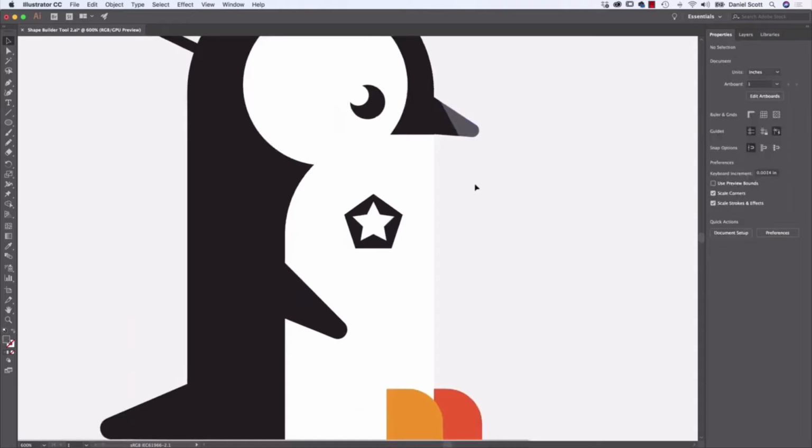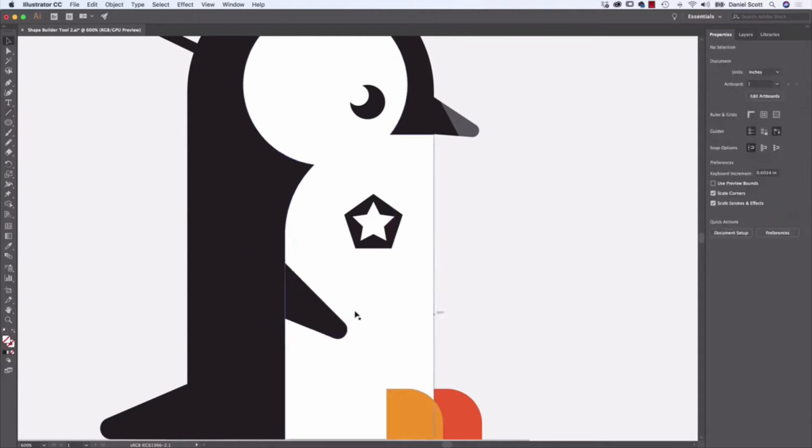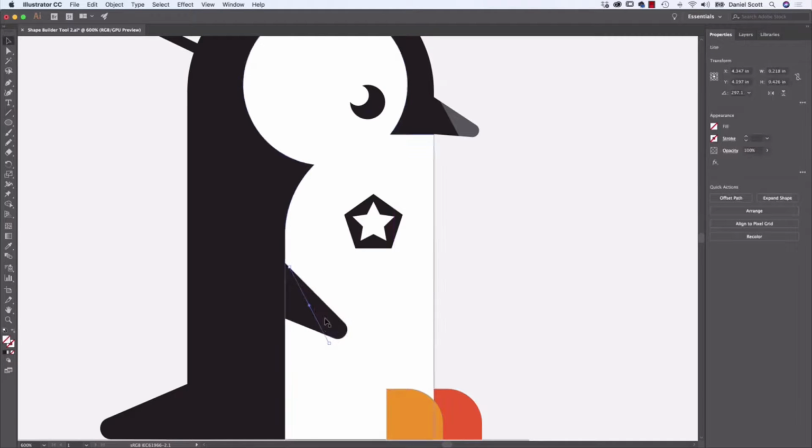All right, next thing I want to do is same with this, and it's just a repeat. So I'm going to grab my line tool. I'm going to draw like a little highlight that kind of goes through here. Shift click them both. Now what you would have noticed there, or might not have noticed, is that I started